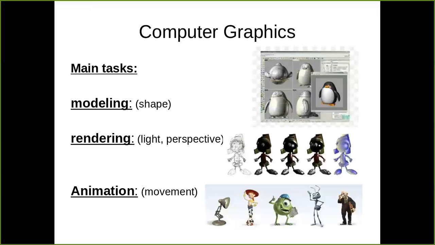So what is the main task of computer graphics? Make some objects, give some shape. That is modeling, and that modeling should also consider the light aspect. That means how much light is imposed on the object, and from which direction we are seeing that object, what our point of reference is, and how much light is imposed on that object.